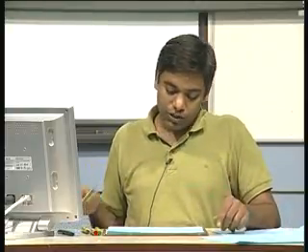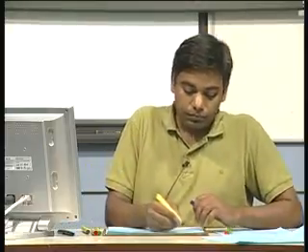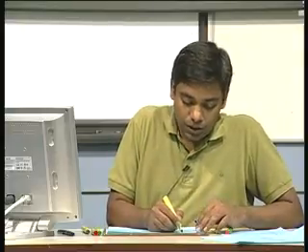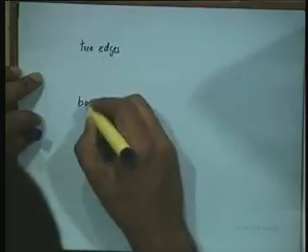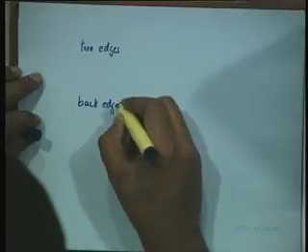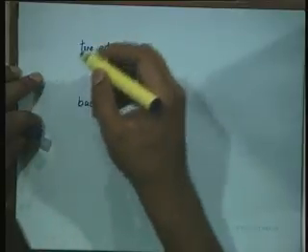So, we have looked at DFS, we have classified the edges as tree edges and back edges, and we have looked at what the running time of DFS is. One other thing that perhaps we should do before we proceed further is look at this distinction between tree edges and back edges once more. Suppose I have an edge uv